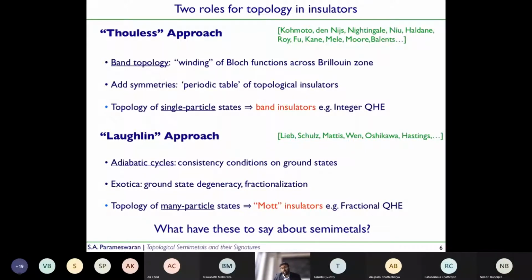And what I want to argue today, and this is what I'll spend most of today focusing on, is how to apply these two approaches to thinking about semi-metallic systems. Okay,